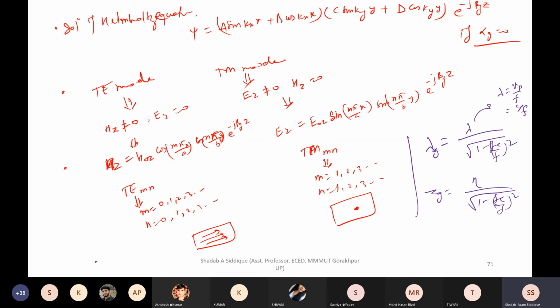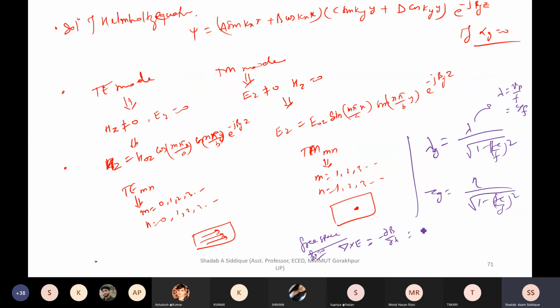Before wrapping up this one, I'll give you one quick short note problem. I'll just dictate the problem. We are having the Maxwell's equations. For the source free region, or free space, where the space charge density rho v is equal to 0, curl E comes out to be minus del B upon del T.